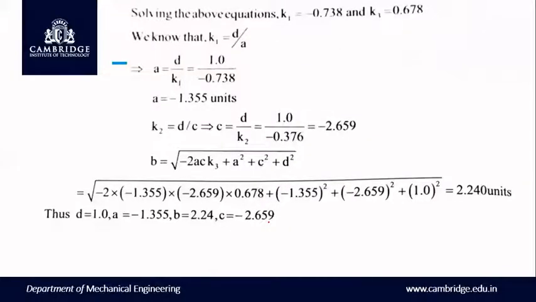So once we get the k1, k2, k3 values, and from the Freudenstein equation we have formulas for k1, k2 and k3, that is k1 is equal to d by A and k2 is equal to d by C, so that we can calculate the B also. After getting all the lengths D, A, B and C, the required solution is we need to find the link length ratio, that means d by A or d by C. Hence we found all the required unknowns. These are some example problems on the Freudenstein equation.